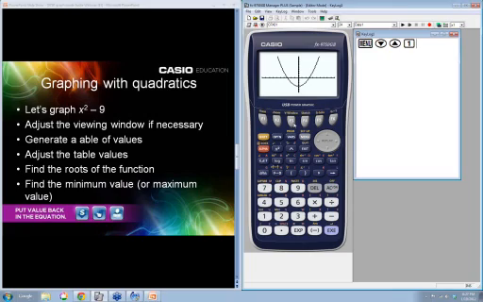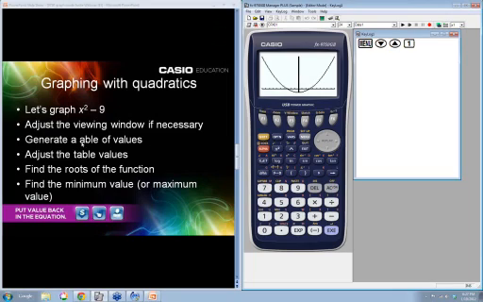So let's go ahead and import a function and generate a table. I'm skipping this adjust the viewing window if necessary because I like that, but if you wanted to adjust the viewing window, you could adjust it however you want here. The other option is you can always zoom auto, which is going to give you a different kind of view of the same thing. I like to see more of the y-axis, so that's not the best for me, but you might like it that way.